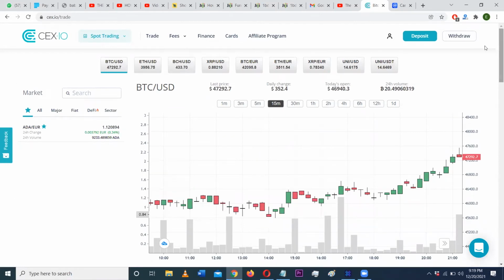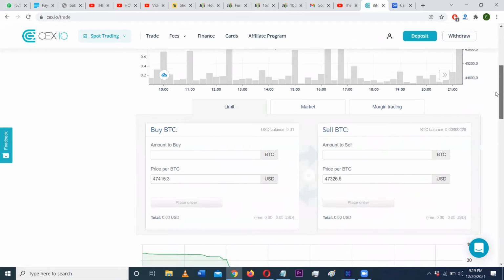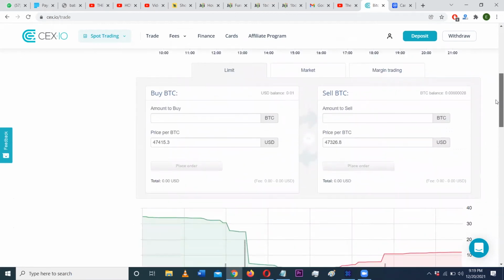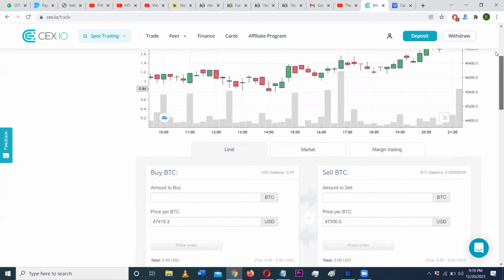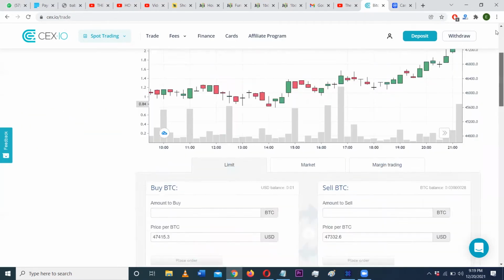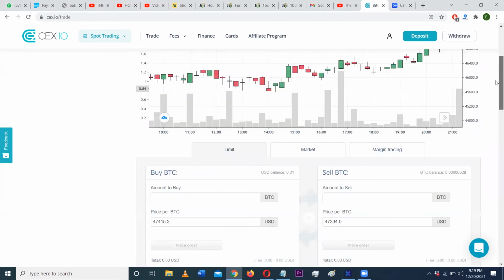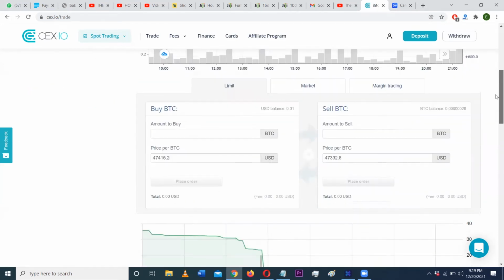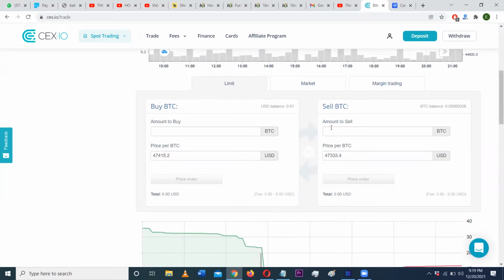Okay, so while we are waiting for the money to arrive, I want to show you this to explain something here, and then once the money arrives, to actually demonstrate it. When you want to buy or sell any cryptocurrency, let's say I have Bitcoin in my account and I want to sell it, you first select